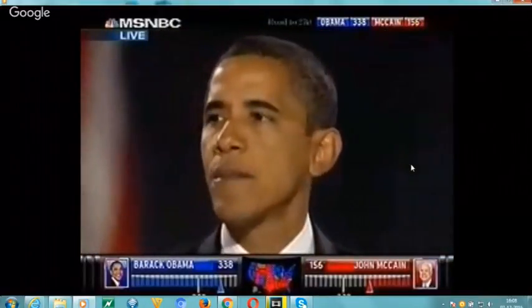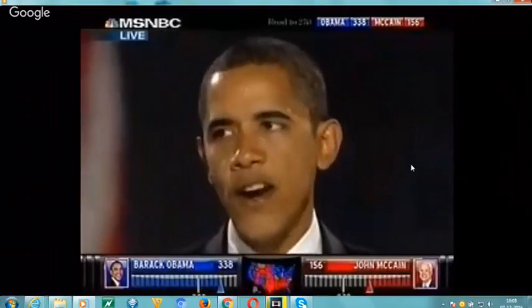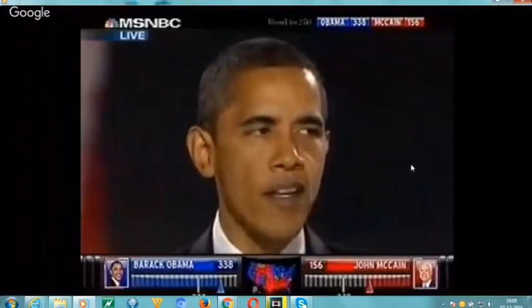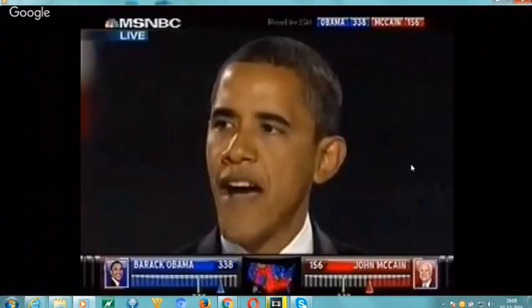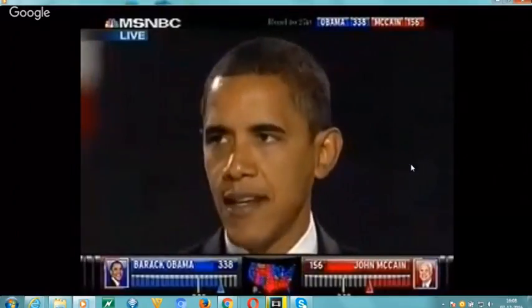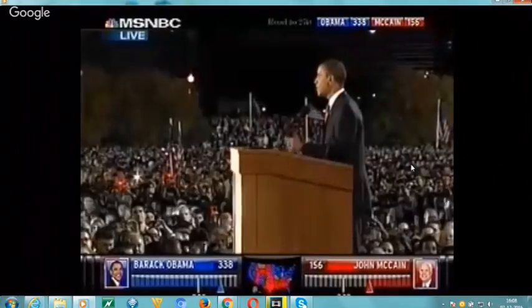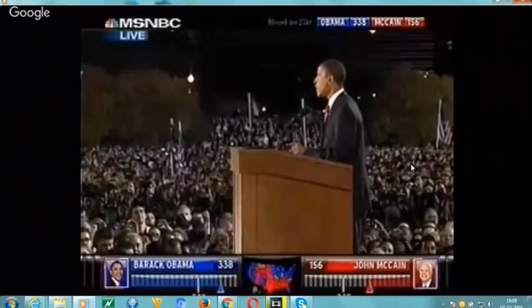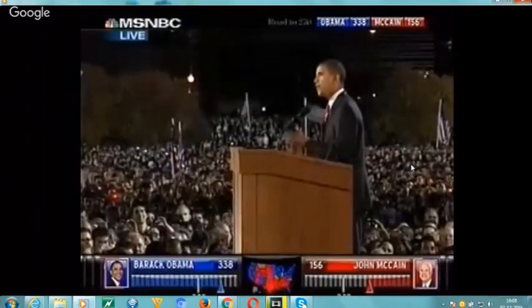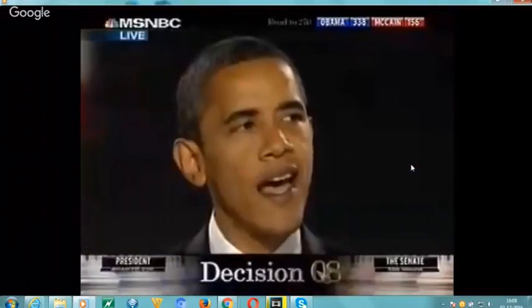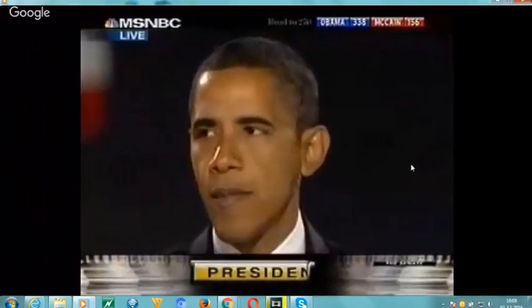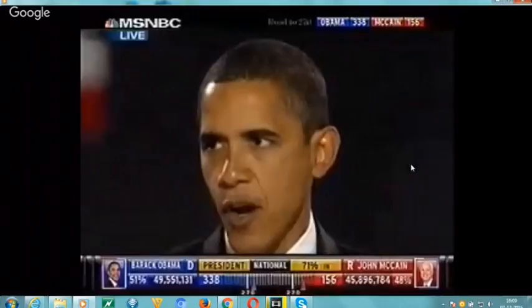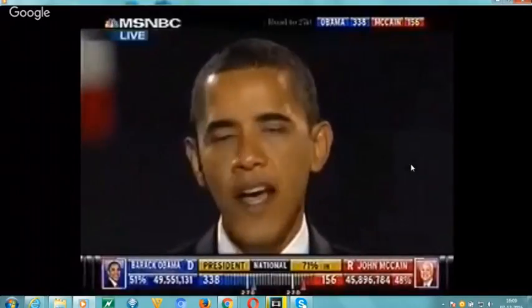Let's remember that it was a man from this state who first carried the banner of the Republican Party to the White House, a party founded on the values of self-reliance and individual liberty and national unity. Those are values that we all share. And while the Democratic Party has won a great victory tonight, we do so with a measure of humility and determination to heal the divides that have held back our progress.